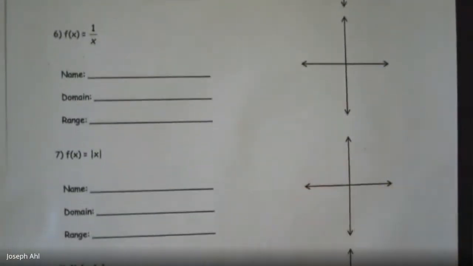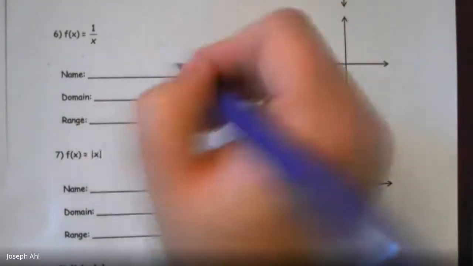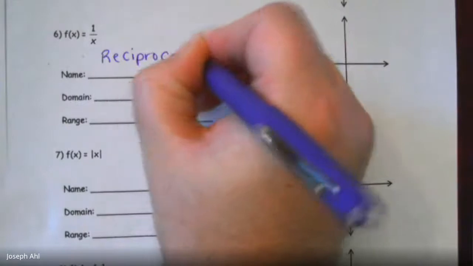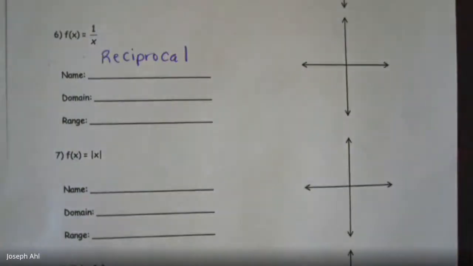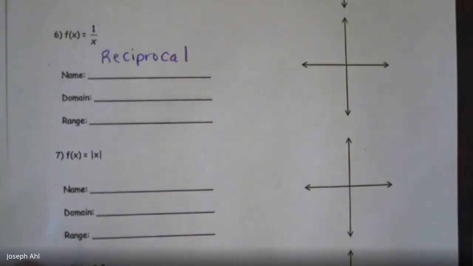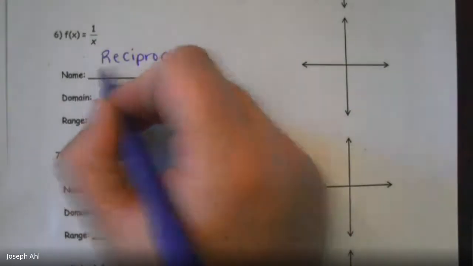Taking a look at number 6, 1 over x. So the name of this graph, I'm going to write 2 different things here. This is sometimes known as the reciprocal function. Okay, y equals x is the identity function, and if you find the reciprocal of that, you get 1 over x. I also might call this a